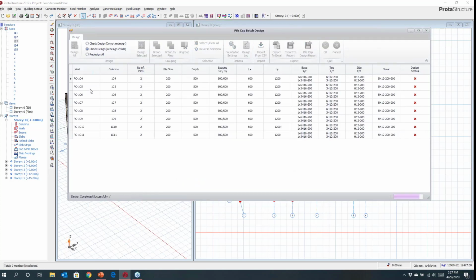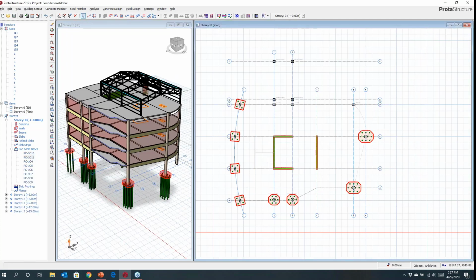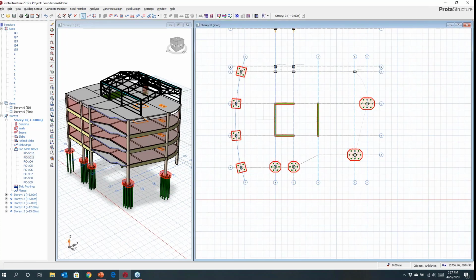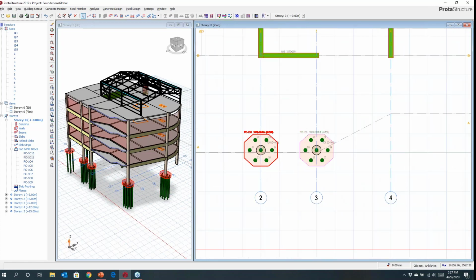So it's taking that pile arrangement, and it's now designed all the pile caps here. Okay, now these pile caps can be, at this page I can just come and create these. You can group these, so it'll automatically rationalize and group them for you. And then you can just hit OK, and all the pile caps are then automatically created here for you. Okay. Now, if you want to come in and have a look at a pile cap in more detail, you